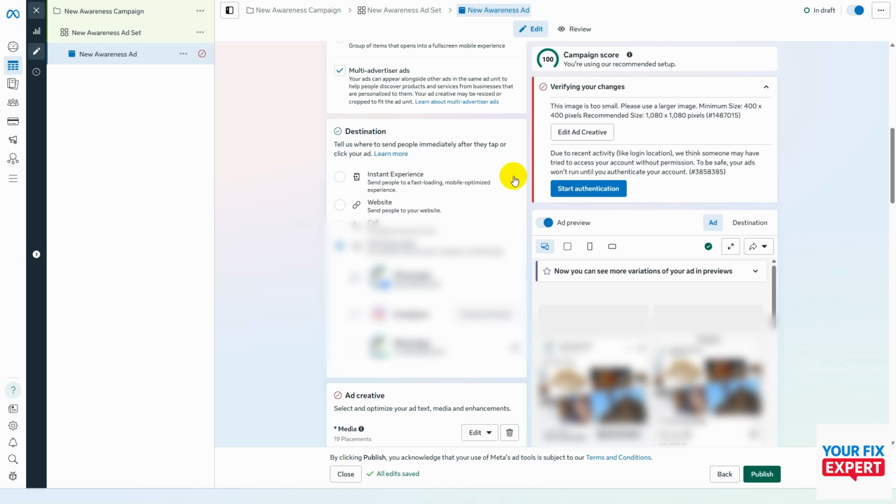And again, as you keep going down the list here, everything is rather self-explanatory. Make sure that you read through every piece of information before finally hitting publish, as well as looking at your ad previews over here. And that's all there is to it,